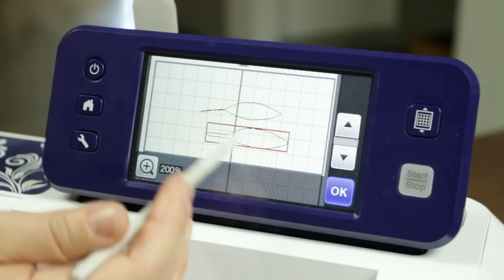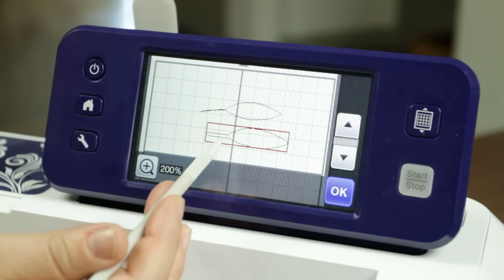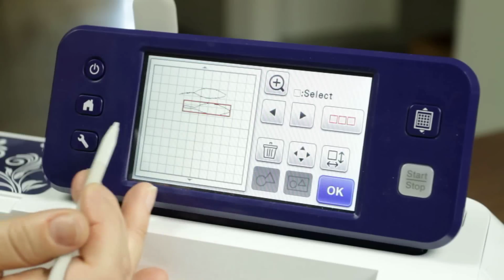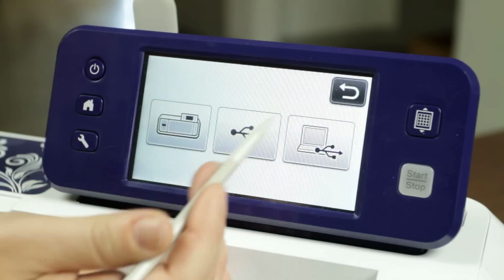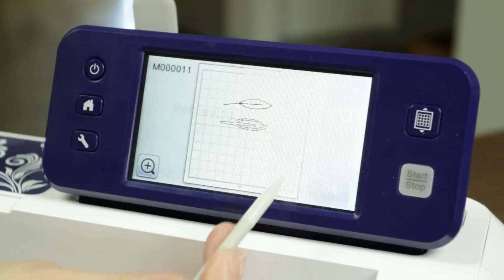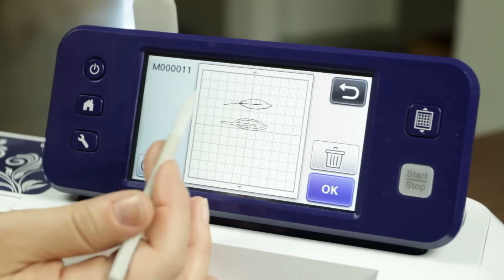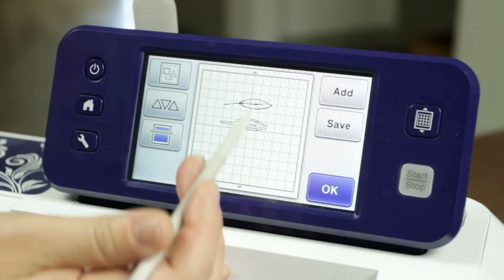Pretty obvious that these are going to cut out very, very cleanly as silhouettes. Okay, so let's go back home, and let's now look at the second one. So save data into the machine. Here's the next file. Now this is the one where we wanted it to be an outline on both sides